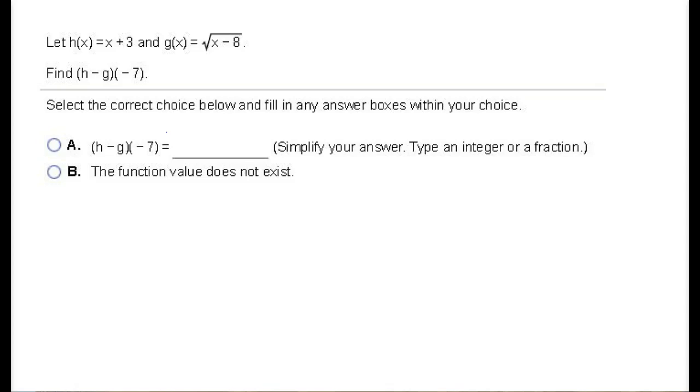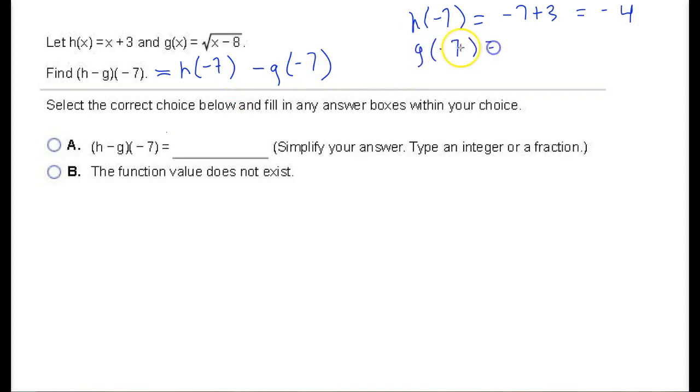So for our next problem, we see that we want to evaluate the difference of h and g, evaluated at -7. So again, we know that this means that we're going to do h of -7 minus g of -7. If we evaluate h of -7, then here we're just plugging in -7 everywhere where we see x, and we see that we get -4. If we do the same thing for g of -7, then of course if we plug in a -7 where we see x for g,